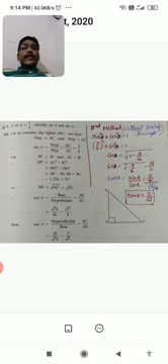Then what do you want to find? Tan A. Okay, angle A only, with respect to angle A only. So according to the perpendicular upon base, that perpendicular is BC, base is AB, because we are talking with respect to the angle. So 3k upon root 7k, k going to be cancelled, 3 upon root 7. This is by using the ratios formula.